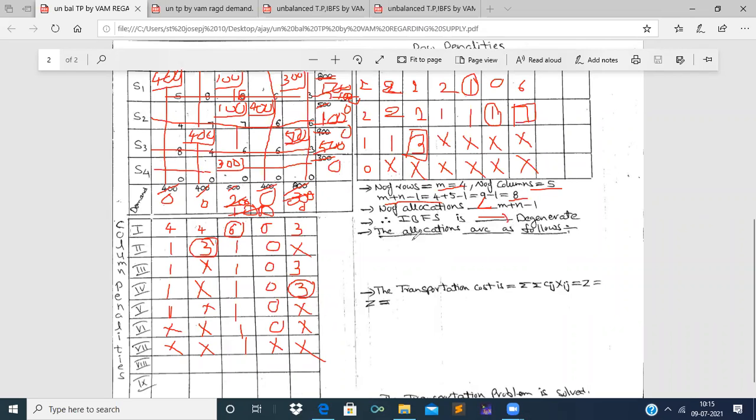Right, now we write the allocations. I write just the allocations. The first allocation is 400. Second allocation is 100. Next, third allocation is 300. Next, fourth allocation is 100. Fifth